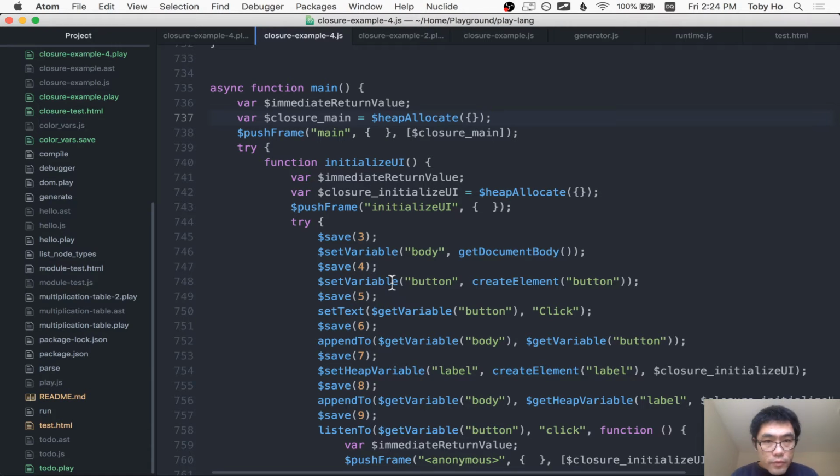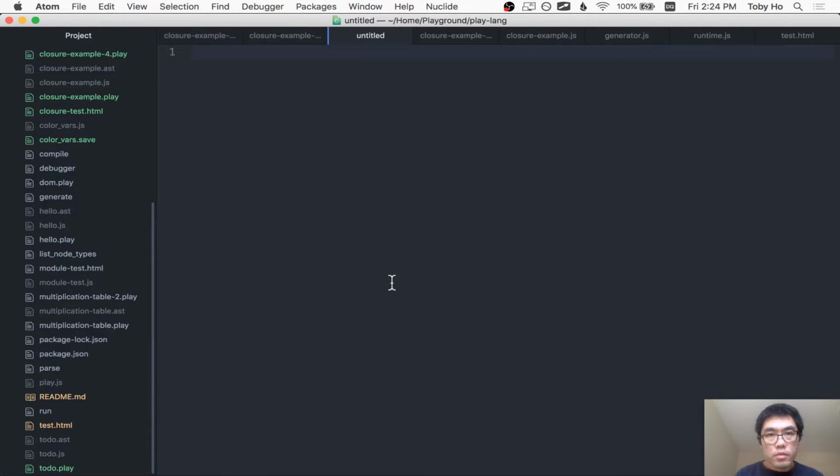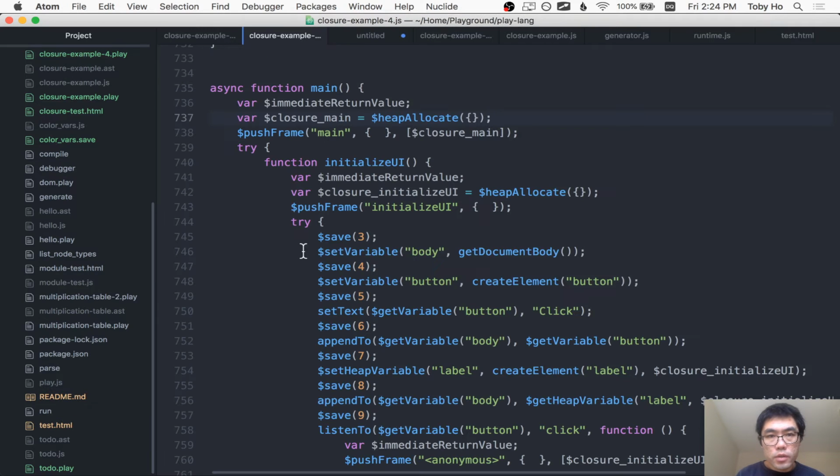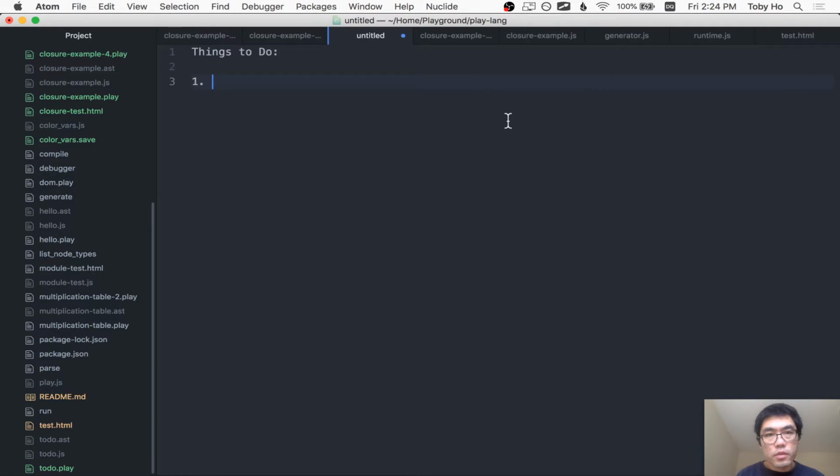So what are the things I have to do? Well, number one is we need to use AST traversal to figure out which functions need closures,